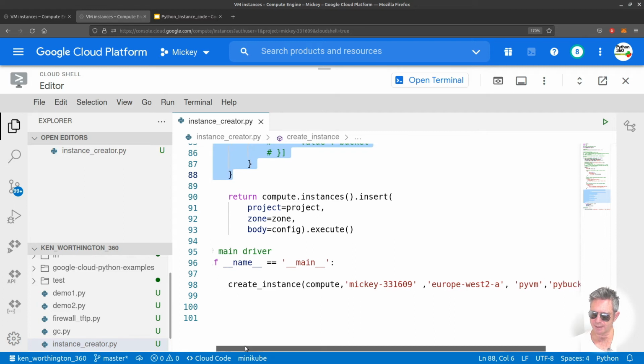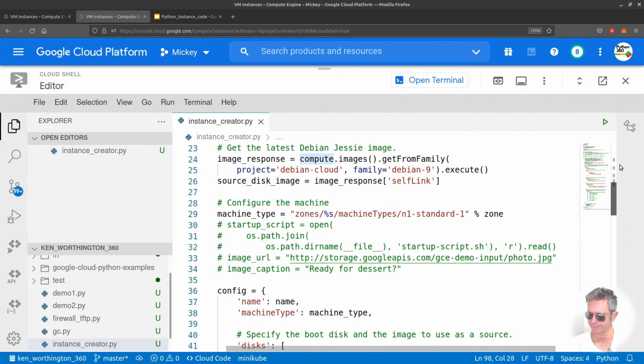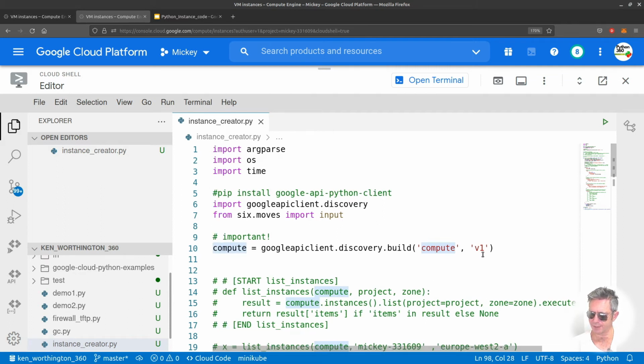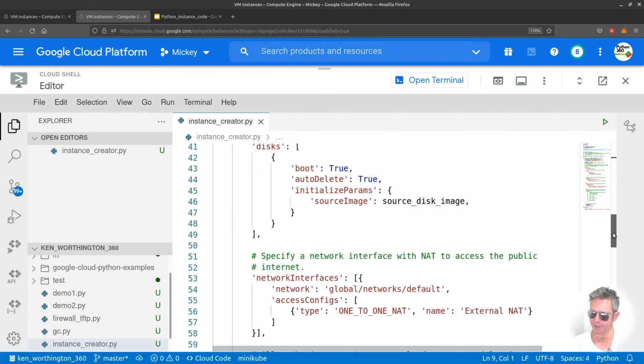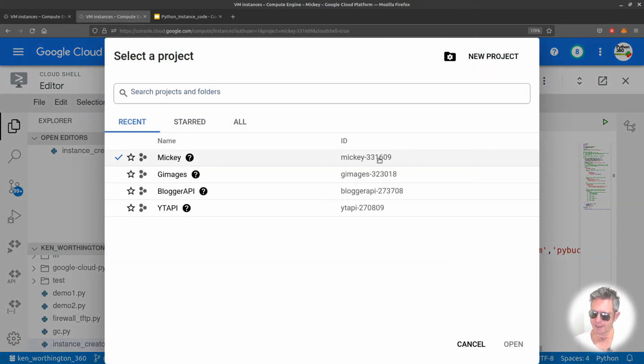So this is the good bit. Create instance. So compute is equal to, I know I keep talking about it, but it's quite important. Without this, it won't work. So compute, you need to add that in because when you look at the function by itself, it won't have that. So to use this function, you need to run the function name followed by compute, and then Mickey 331609, that is, if I click here, that's the ID